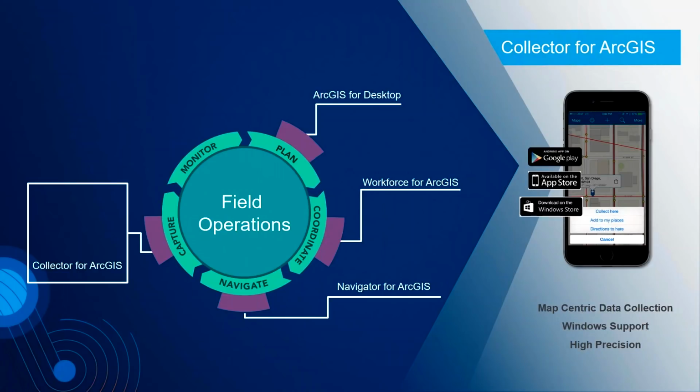And you'll see a new version of Collector come out probably in the summer that actually adds a lot of the features that we've been getting feedback from responders. So there's some issues about battery use. There's some issues about the number of clicks to say attach a photo. So we're trying to do that in three touches or less, right? Three clicks or less to add the photo.